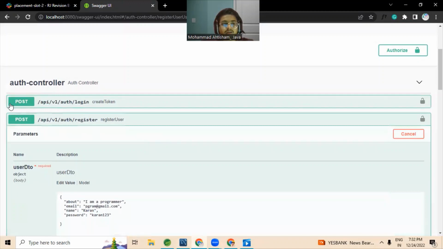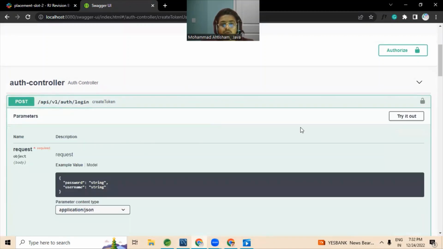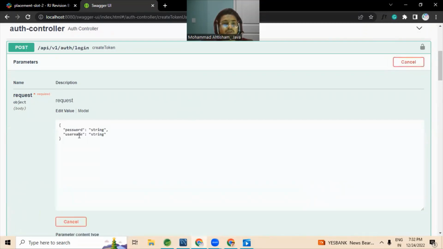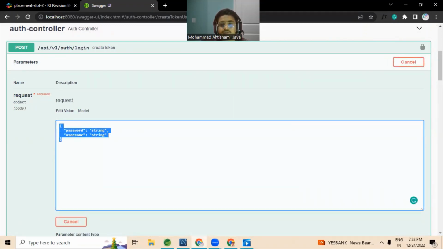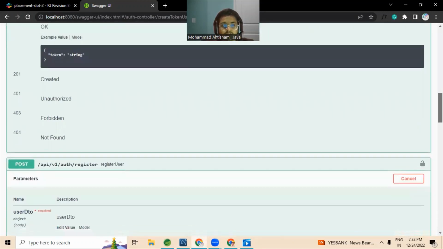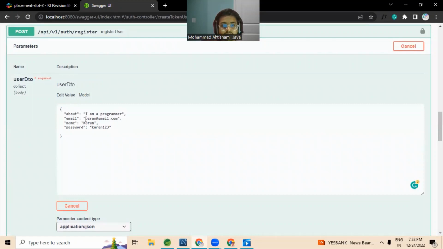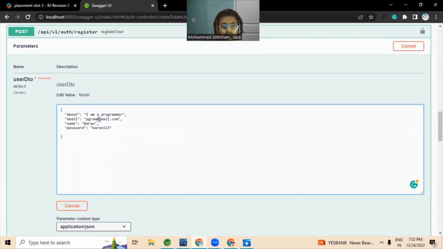Let me hit the second request, that is create a token. So before creating the token, we have to put the true credential in the request body. Let me click on try it out. Now we are able to edit this syntax. So let me take the credential from here, that is the email is this. Let me copy from here,